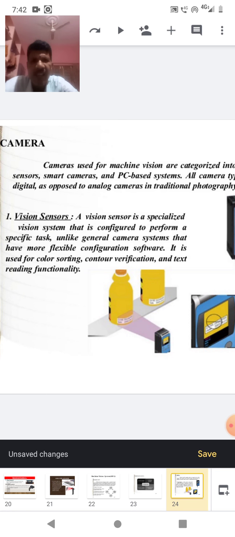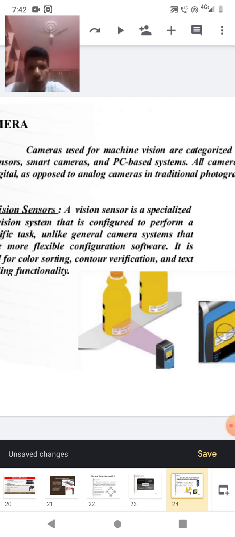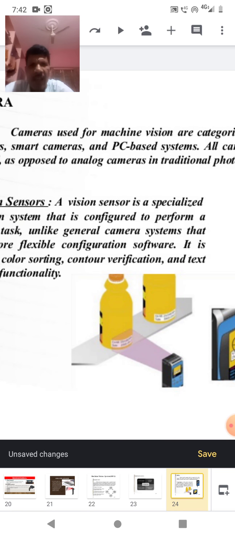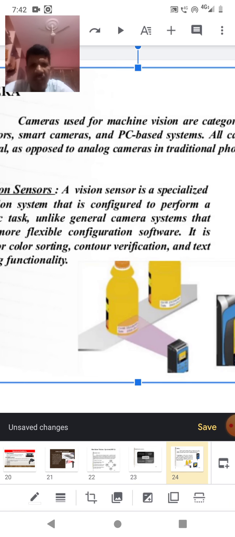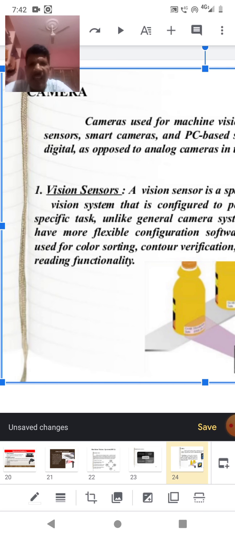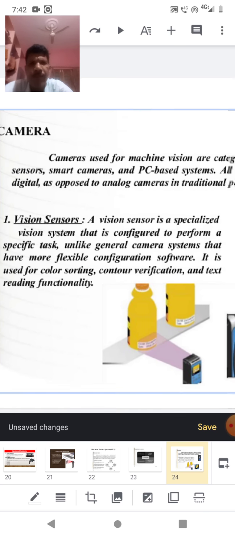Vision sensor. A vision sensor is a specialized vision system that is configured to perform a specific task. Unlike general camera systems that have more flexible configuration software, it is used for color sorting, counter verification, and text reading functionality.